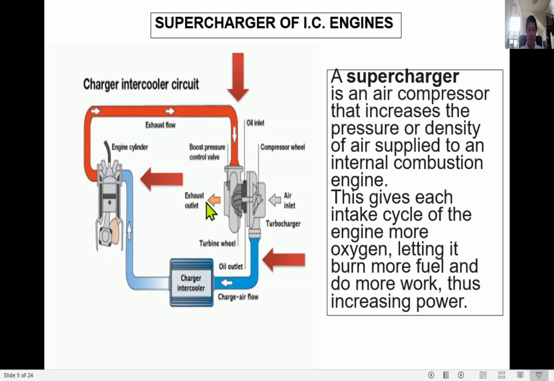And this exhaust gas will also go out to the exhaust outlet and to the exhaust pipe, going to the atmosphere. As you can see here, as the exhaust gas is flowing to the turbine wheel, the compressor wheel is also turning. Why? Because they are connected in the same shaft, a common shaft. So they have the same speed, turbine wheel and compressor wheel. So as this compressor wheel is rotating or spinning at a high speed,